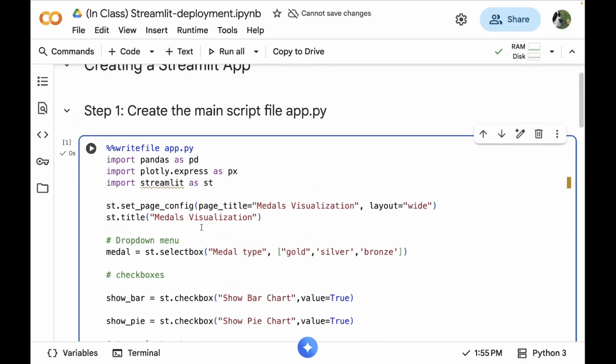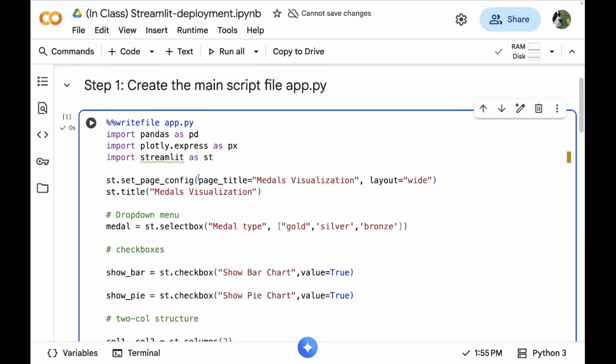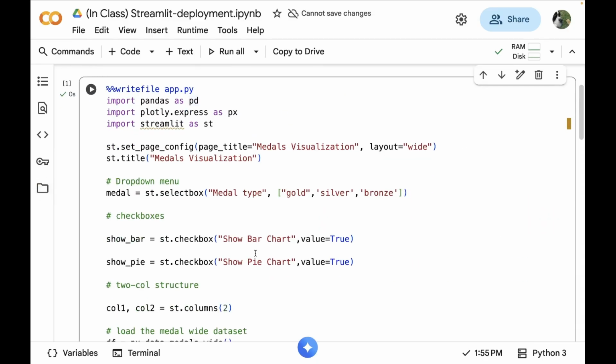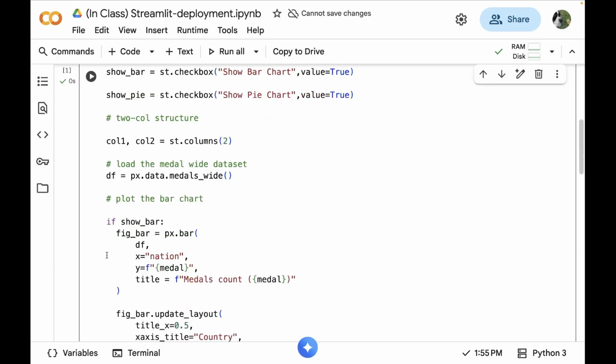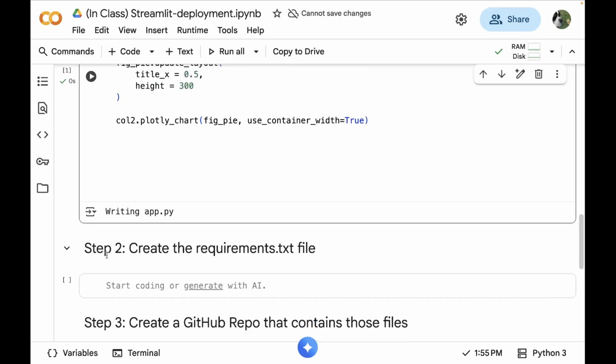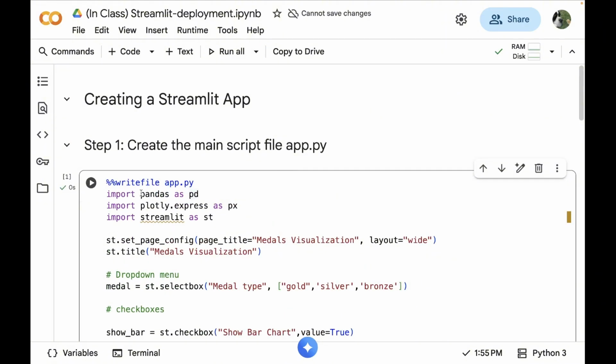The point is that you can either copy and paste from this cell to the GitHub repo, or you can just directly download this app.py file that is generated by this code cell and then upload it to the GitHub repository, right? I like to do this because we're familiar with this coding environment, and also it allows me to use Gemini as the AI assistant, okay? So this is the content of the